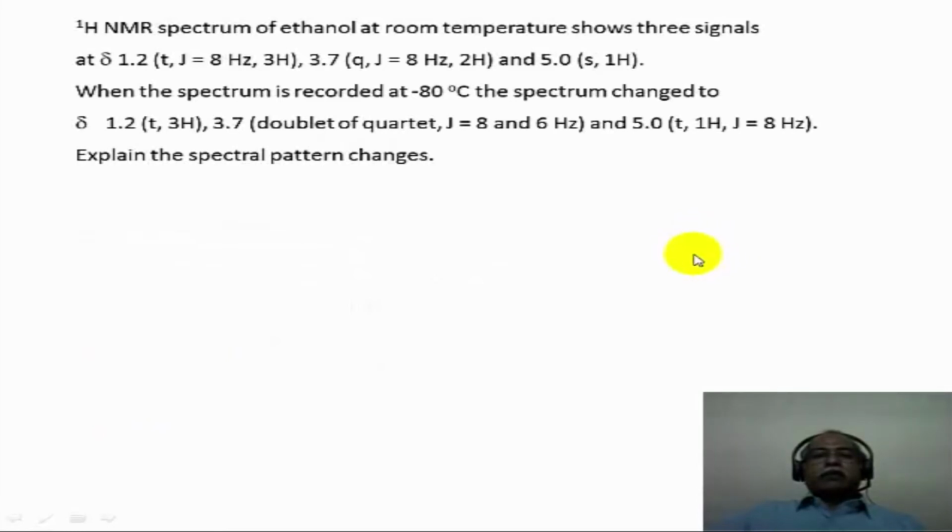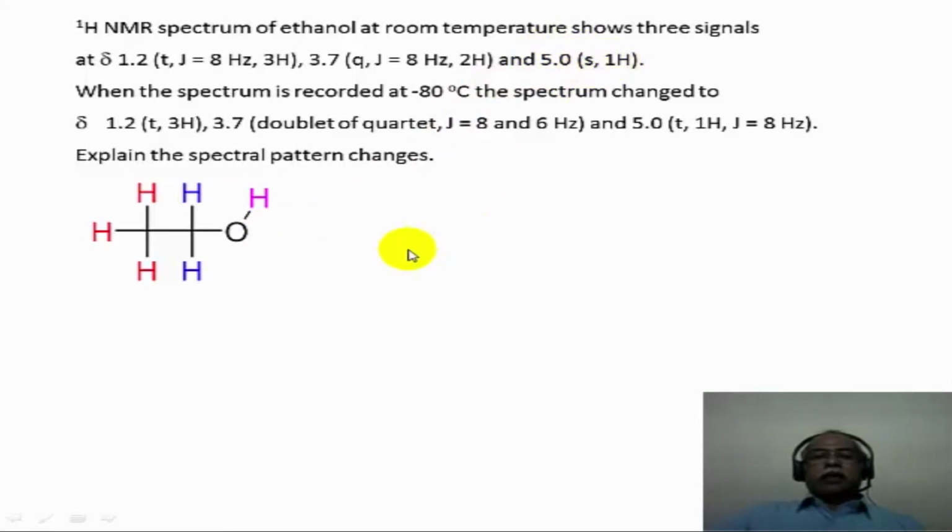Moving on to the next problem. Here we have an NMR spectrum of ethyl alcohol being discussed. At room temperature, the ethyl alcohol spectrum is shown here. This is the normal ethyl alcohol spectrum that one would expect. In other words, the CH3 will be a triplet, the CH2 will be a quartet with a coupling constant which is the vicinal coupling, and the OH will be a broad singlet, usually an exchangeable hydrogen. So the 1.2 corresponds to these three red hydrogens, the 3.7 corresponds to these two blue hydrogens, the magenta hydrogen corresponds to 5.0 ppm delta value.